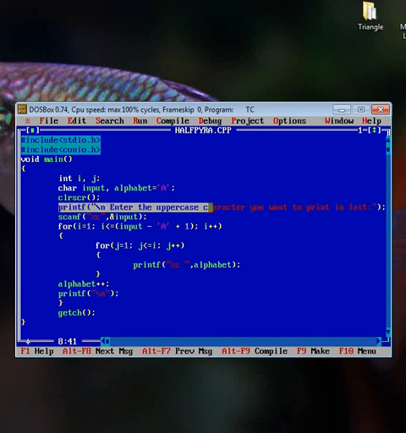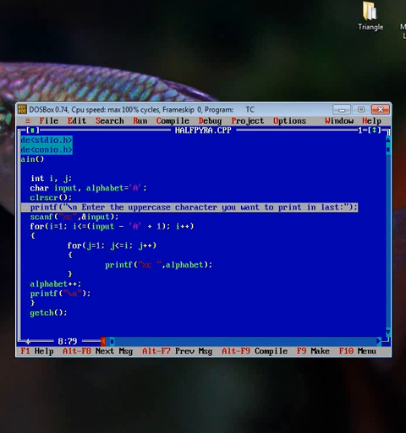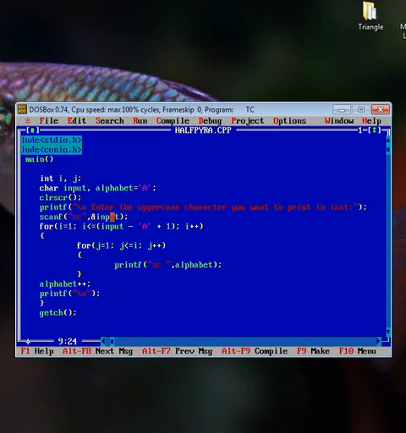Here you can see that this printf line gives an instruction to the user to input the uppercase character you want to print in last, and that value you have collected from the console and stored in the input variable. So I hope now these two lines are clear, and it is clear to you also that we have used two character variables, one is input and another one is alphabet, where the value of alphabet we have initialized here and we have taken the value of input by the user from here.